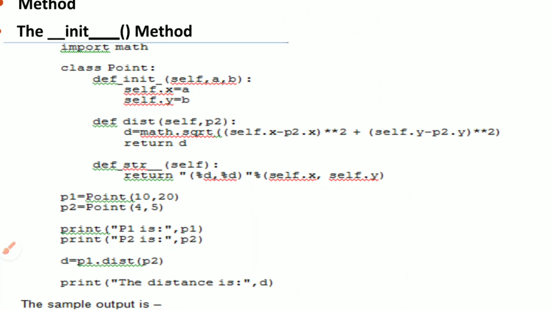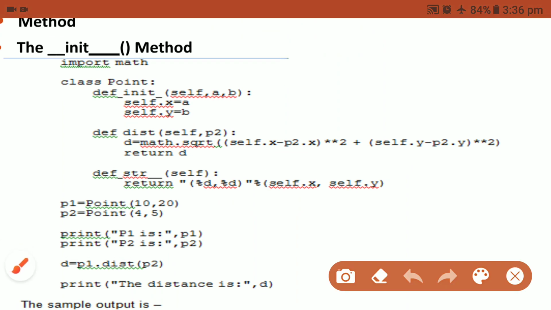Okay, the next one. Here, first I'm initializing the method. In this initialization, it is invoked automatically. So you can use p1 equal to Point(10, 20). Here I'm using the initialization method, so this method will be called automatically.